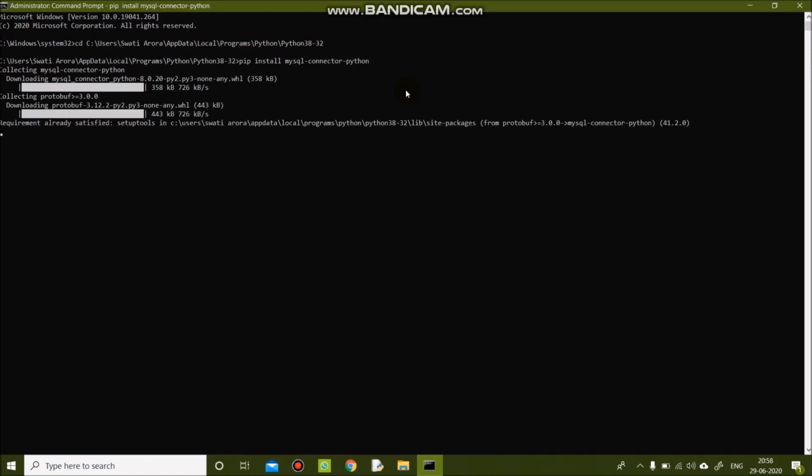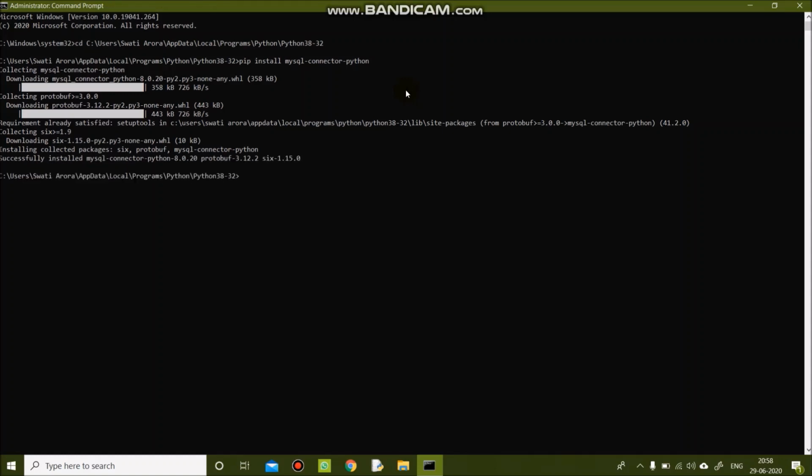If you have not already installed this MySQL Python connector, it will show you a screen like this. If you have already installed it, then it will show you requirement already satisfied.